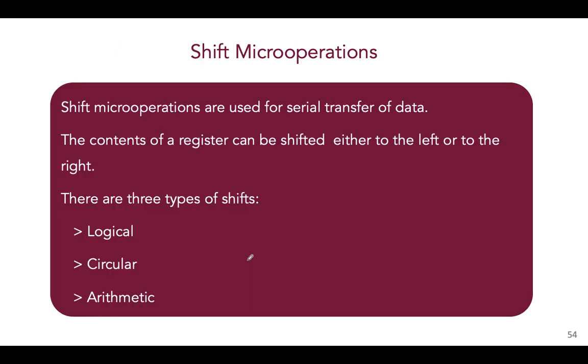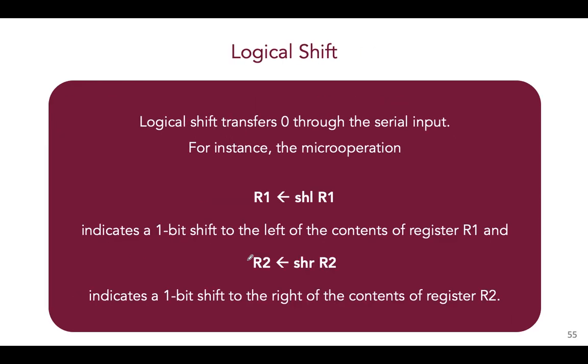Now let's move on to shift micro operations. Shift micro operations are used for serial transfer of data. The contents of a register can be shifted either to the left or to the right, and there are three types of shifts that we can do. We can do logical shifts, circular shifts, and arithmetic shifts. So shifting is important, and it sometimes gets confusing, but it's very simple if you just pay a little bit